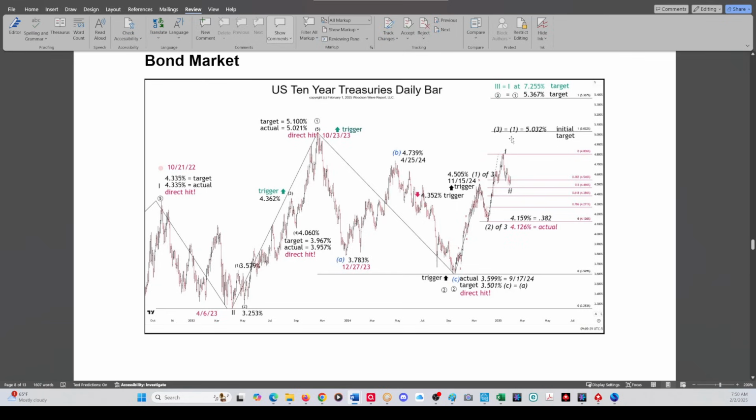That 3 equals 1 at 5.032%. That's our initial target. Wave 3 should at least equal wave 1 and more than likely do a 1.618. So these are like minimum targets, okay? The bond market is in a third wave of at least 3 degrees of trend going up in interest rates,